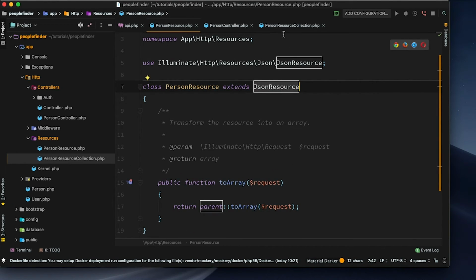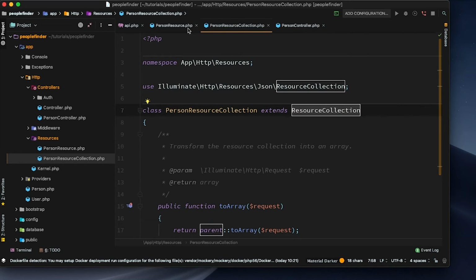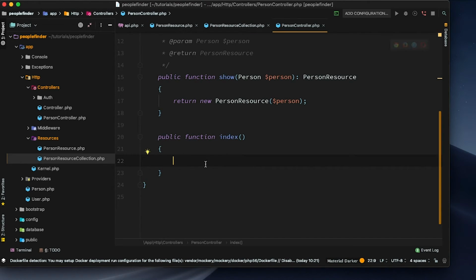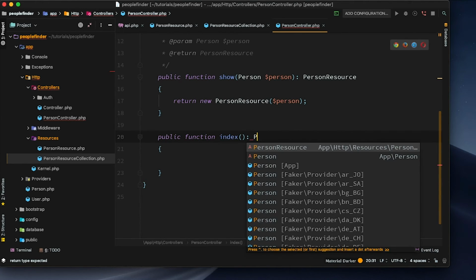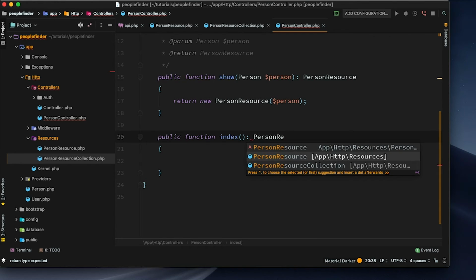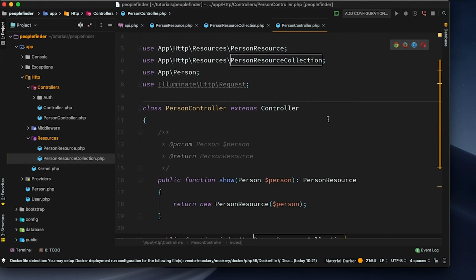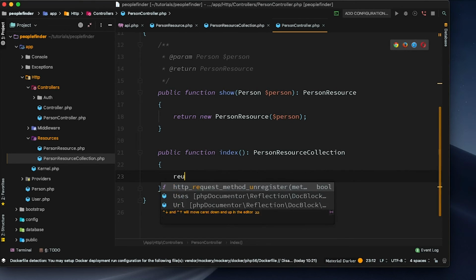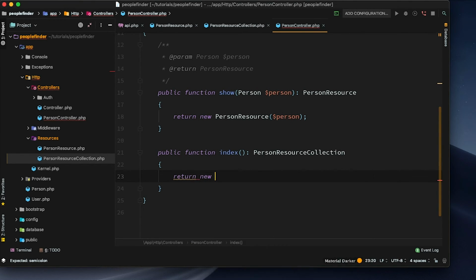So that's the difference between a collection and a normal resource. Great. So now that we've got that set up, let's take a look at returning that over here, and we're going to do the exact same thing. So this is just going to be a person resource collection, and PHP Storm will have pulled that in up here. And now we can make sure that we return a new person resource collection, but this is going to